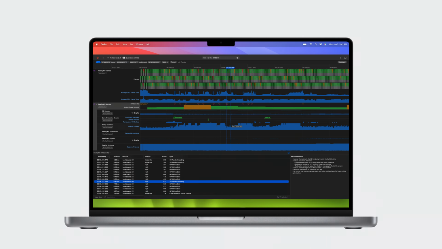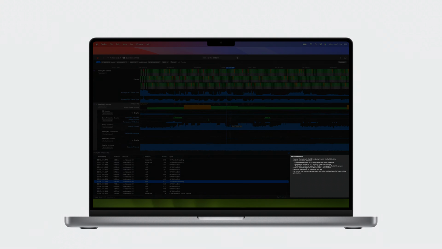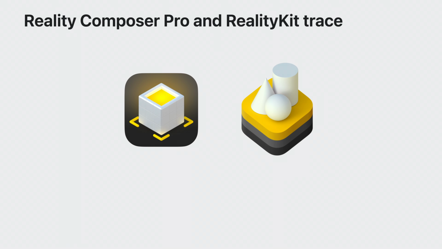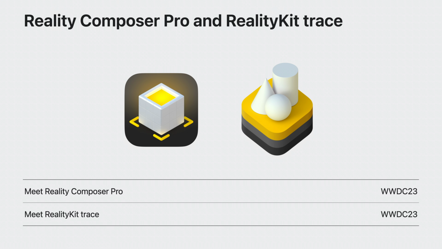By analyzing several captured frames, Reality Kit Trace can be used to identify and diagnose potential performance issues or limitations, and give you recommendations. Reality Kit Trace comes built in with Xcode. To use it for profiling your content in Quick Look, you need to attach it to the Quick Look process. For more details on Reality Composer Pro and Reality Kit Trace, please check out the sessions below.